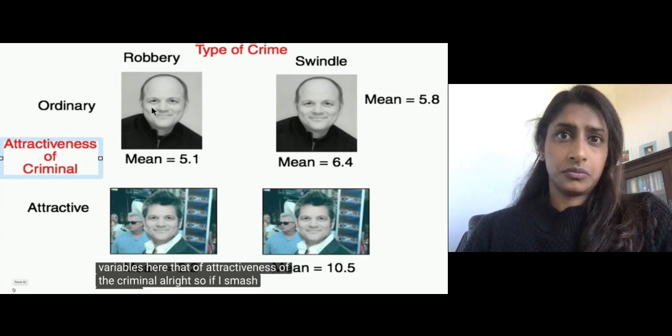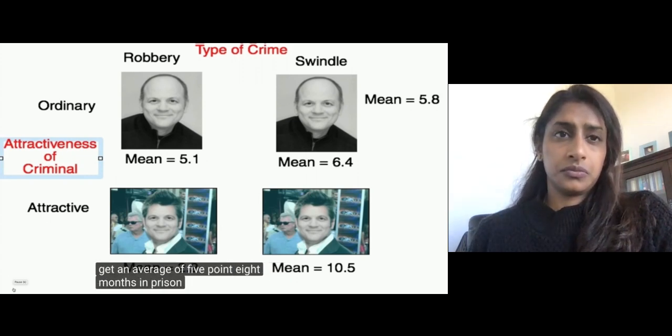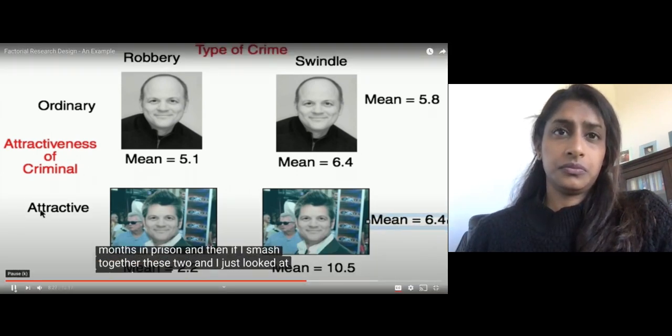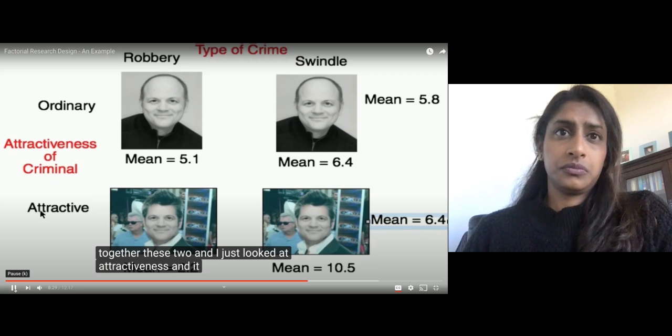So if I smash together the robbery and the swindle, in other words, I average 5.1 and 6.4, I'd get an average of 5.8 months in prison. And then if I smash together these 2, and I just looked at attractiveness, it would be kind of funny, right? Because I would average together 2.2 and 10.5, and I'd get an average of 6.4,